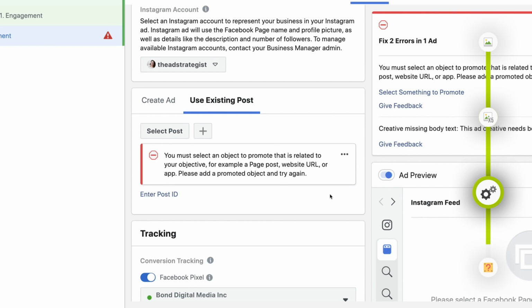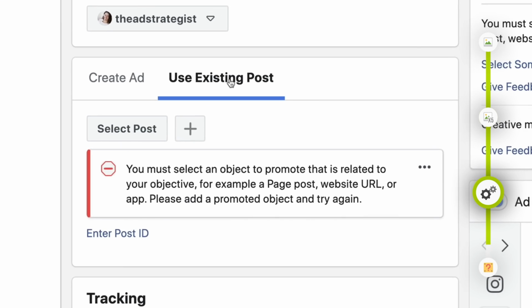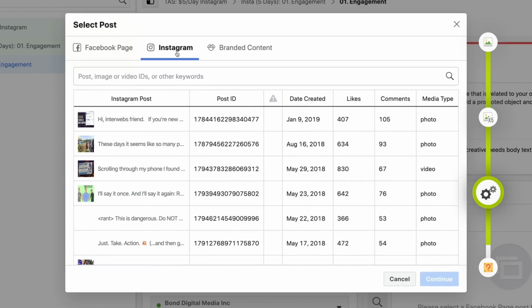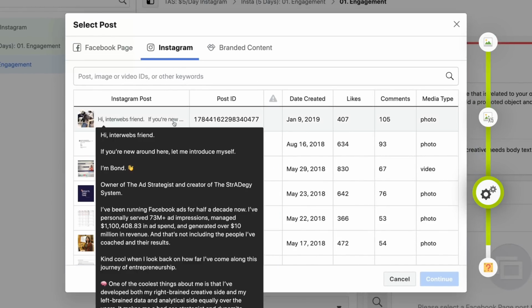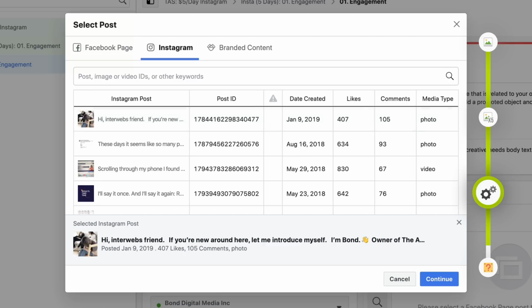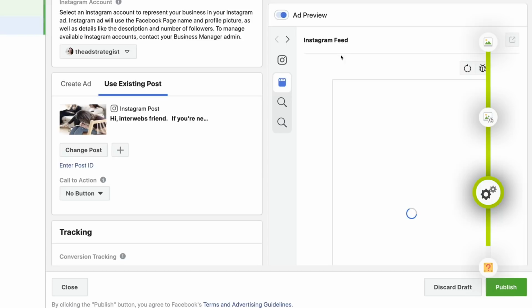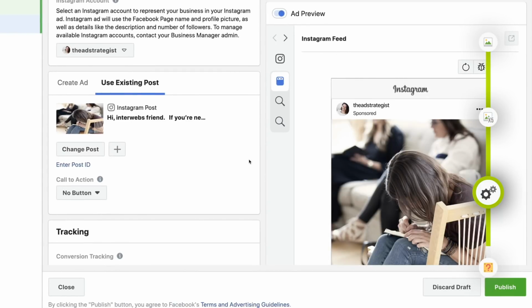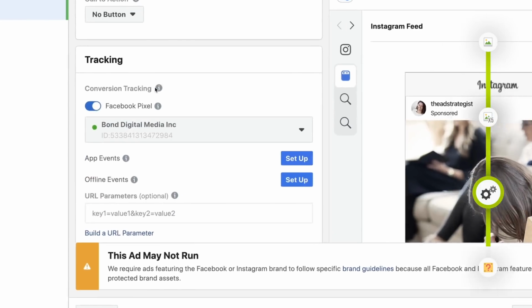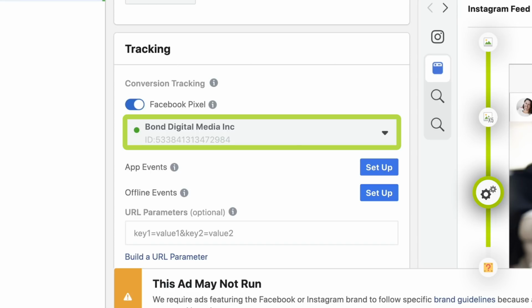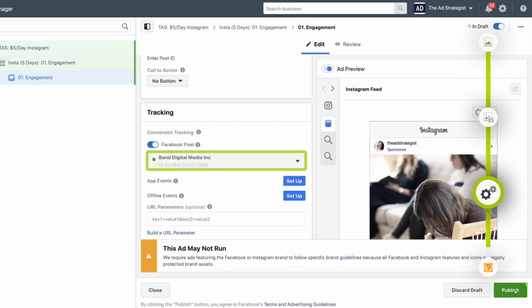Simply click Use Existing Posts, and you can select the post from your Instagram profile that has the highest engagement. Once you click continue, that Instagram post will show up on your feed here. And the last thing that we need to do is confirm that your tracking pixel is enabled.